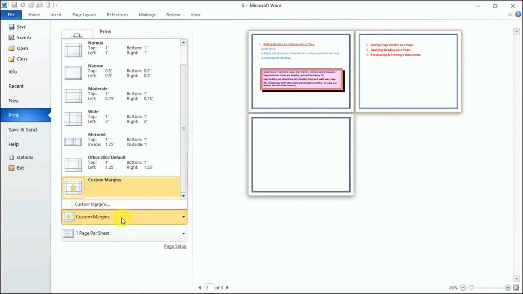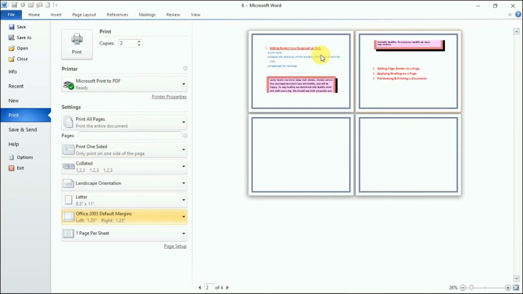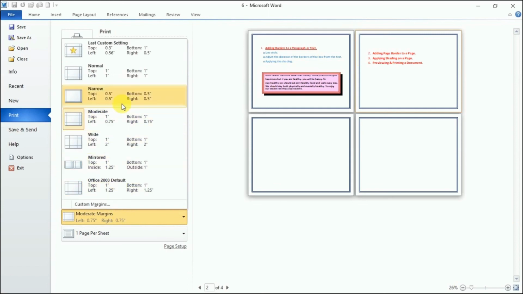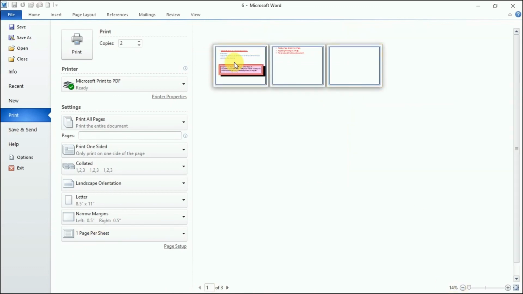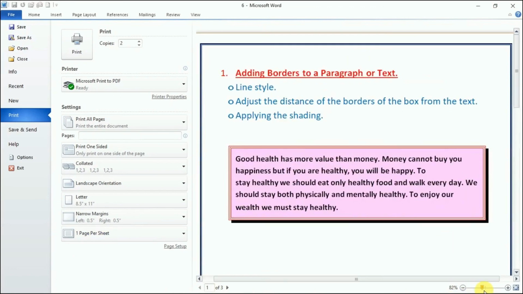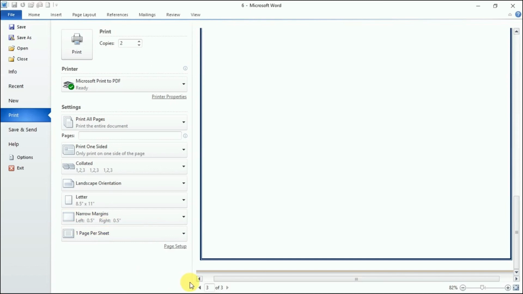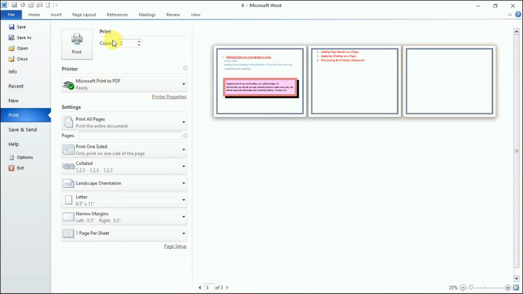You can customize the margins. So whatever kind of margins you want to apply on your paper, you can do so. Now you see I have chosen some other margins, so see how they would look. It is changing the setting of my document, right? From here you can zoom the paper, right? So if you have chosen this, you can click here and see how it would look, right? And when you are done with this, you can give the print command from this button, right? So this is very, very easy to take the printout, having a preview on the right side, right?